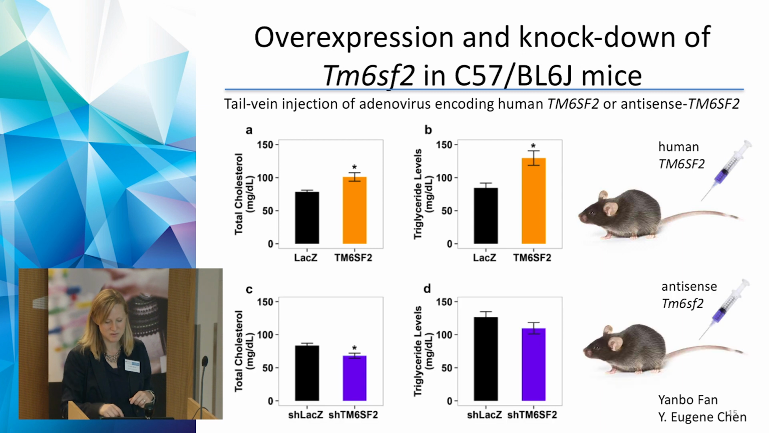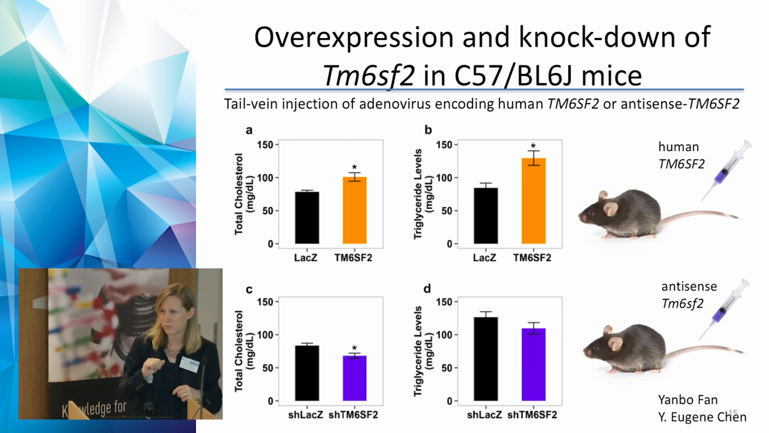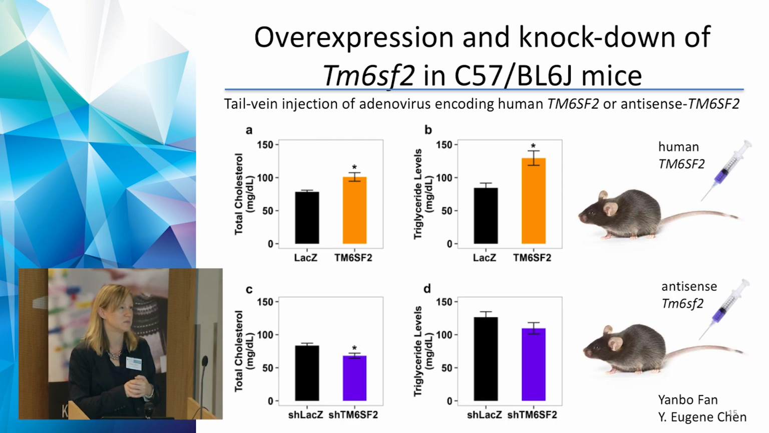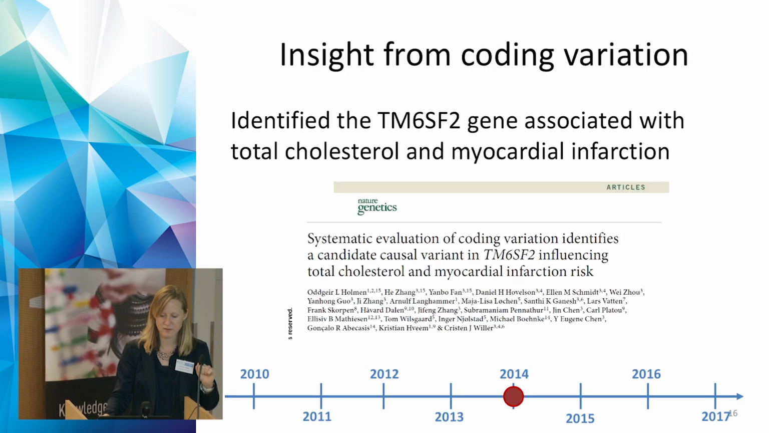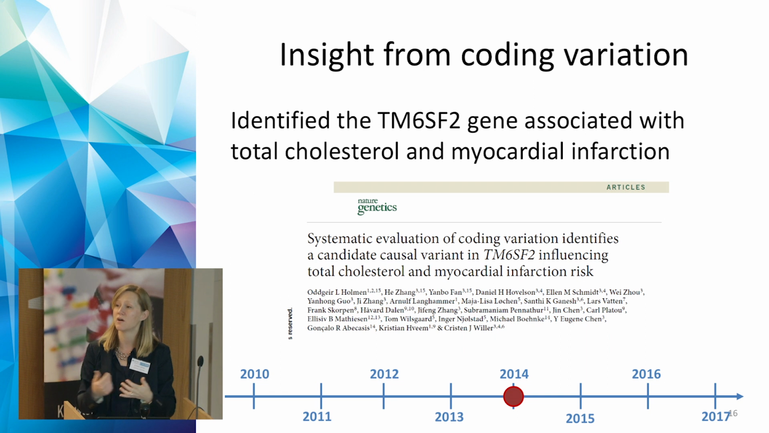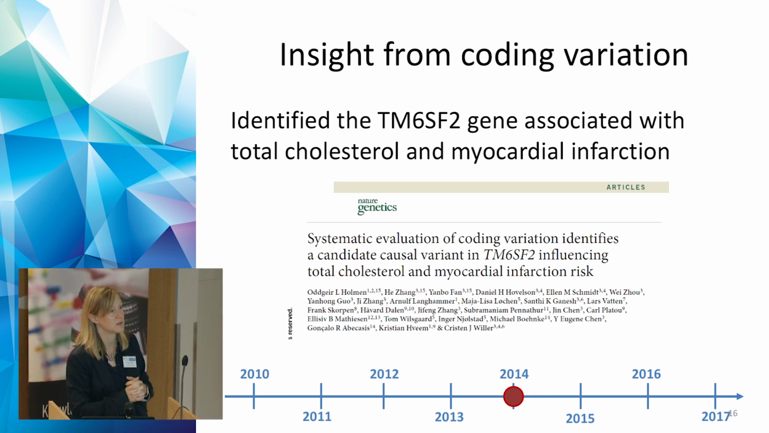And then when we do the opposite thing and say, well, let's knock down the natural version of TM6SF2 in the mice, you see the opposite effect. So this is much more convincing evidence that this gene is specifically causally related to cholesterol levels and heart attacks. So this enabled us to publish through this collaboration, and the functional follow-up, which is really critical, allowed us to publish in Nature Genetics in 2014 these findings, which were published back-to-back with another paper from a group in Texas